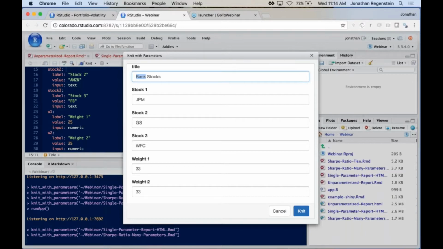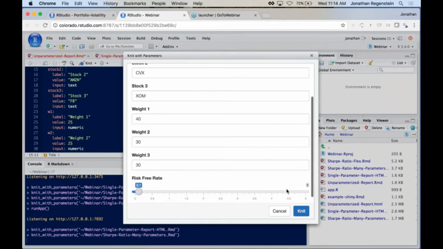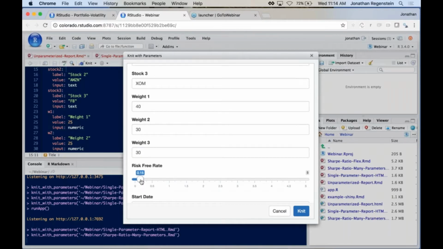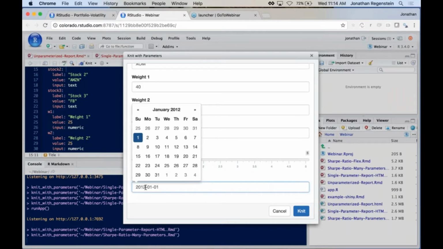So one, we can change the title. How about energy stocks? How about BP and Chevron. Another one, Exxon. So these are all text inputs as we had before, but now we have these numeric inputs, right? So we can change the weightings. Why don't we do a 40, 30, 30, sure. How about the risk-free rate we're assuming? We could take it up. That's going to make our Sharpe ratio go down. The start date,